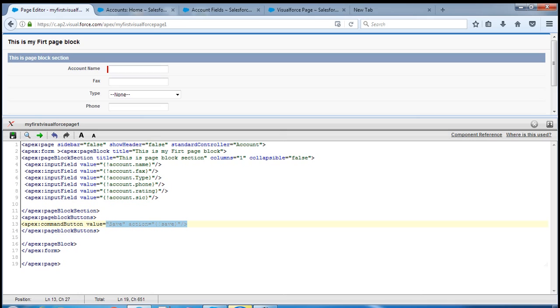Similarly, I'll give the cancel method. मैं खा चुका यार, बहुत खाया है।